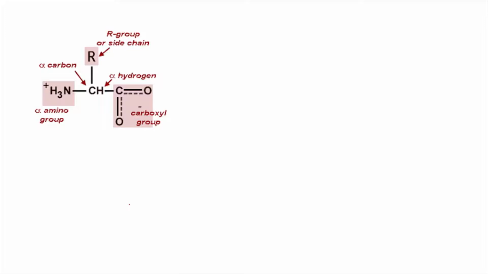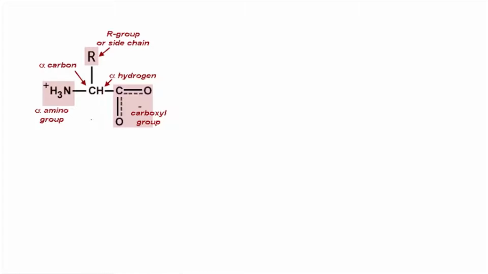You have to know the basic structure of peptide bonds. Now, already you know that peptide bonds are the bonds which link up amino acids together in a protein. That is, amino acids link together through the formation of peptide bonds in a protein molecule. So first let us look at the basic structure of an amino acid.